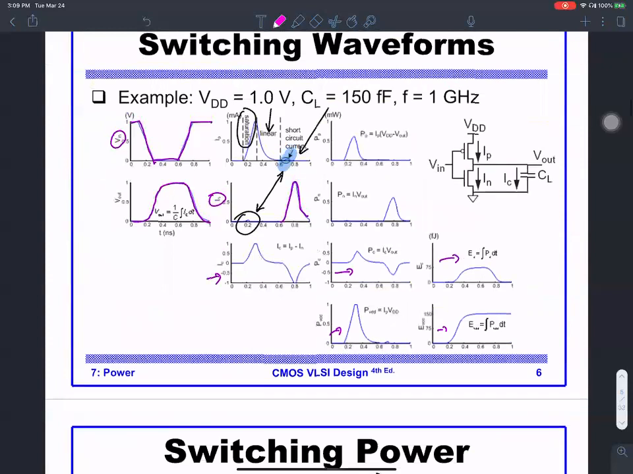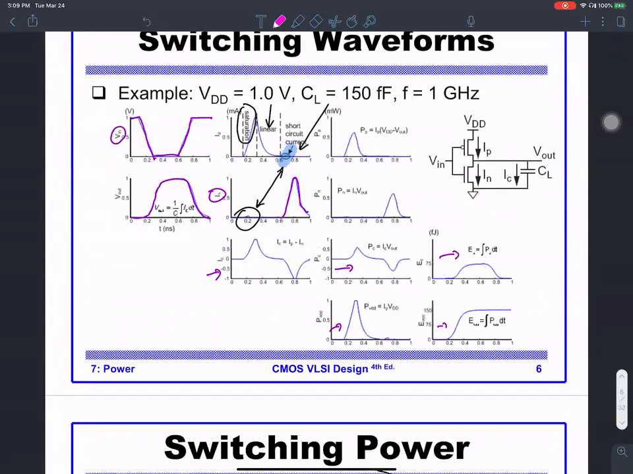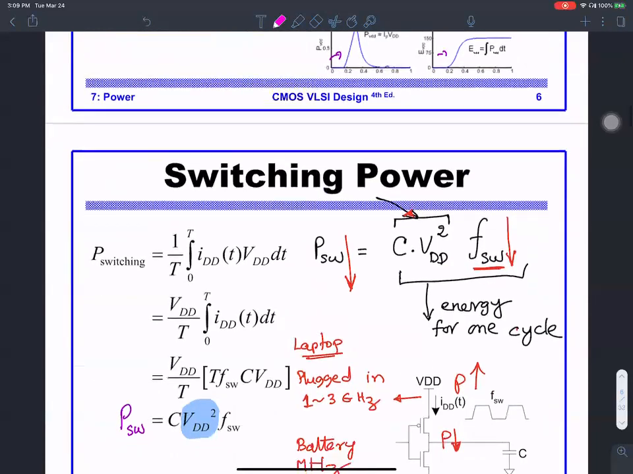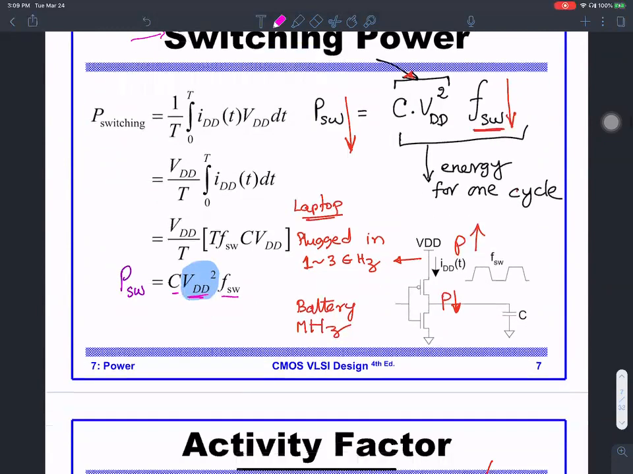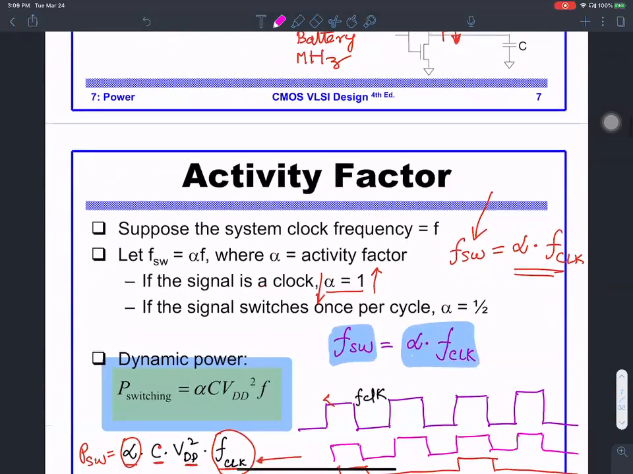I talked about the short circuit current and then the current and the voltage curves in relation to power. Okay, and I gave you an expression for switching power. Remember, switching power is part of the dynamic power. Power switching is a function of the capacitance, the voltage squared, and the switching frequency. If I want to express the switching frequency in terms of the master clock, this switching frequency can be expressed in terms of the master clock, this guy,